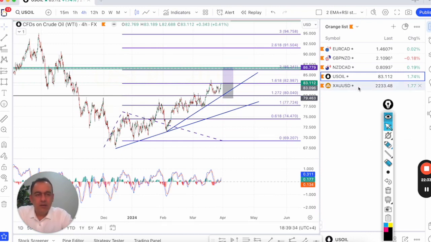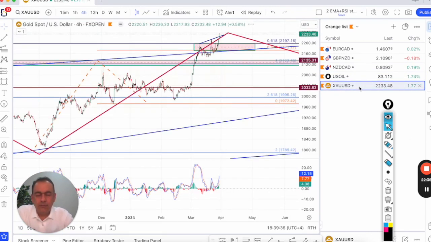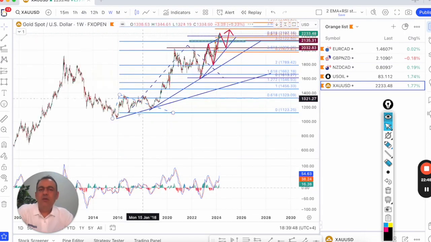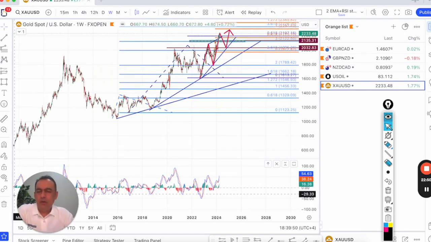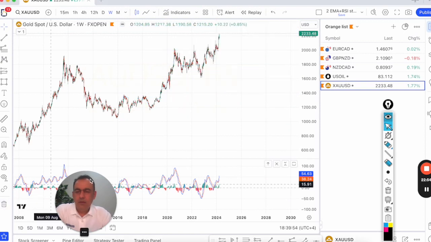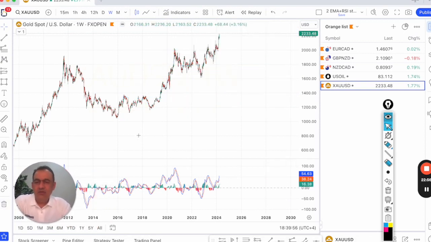And ultimately we are going to talk about gold. Now gold remains ultra bullish on multiple time frames, starting from monthly, in fact 3 monthly, weekly, daily, on all time frames. Gold remains ultra bullish. Now again I need to clean up my chart, and based on the weekly chart